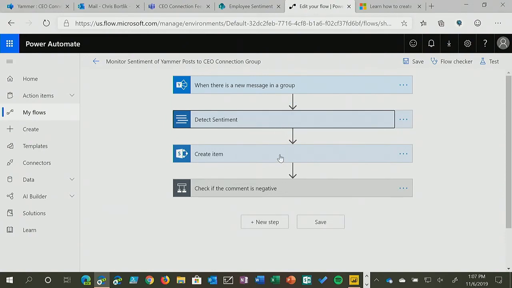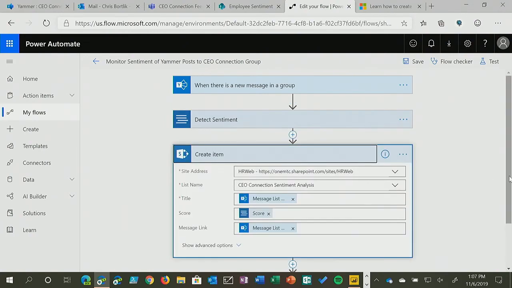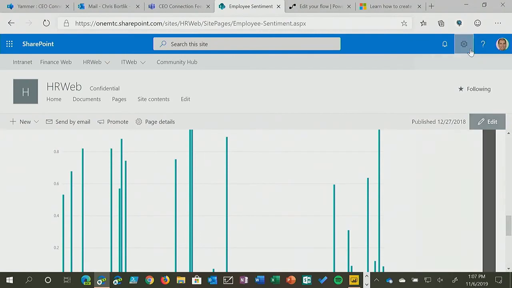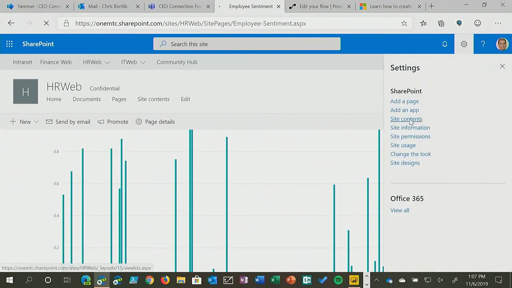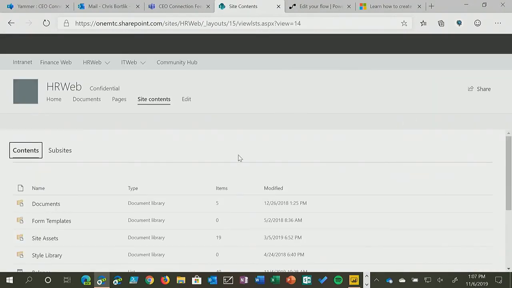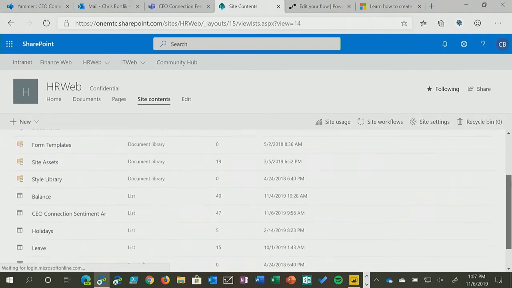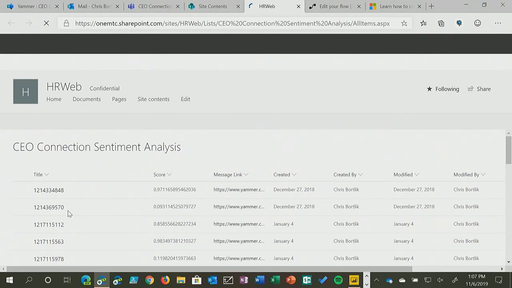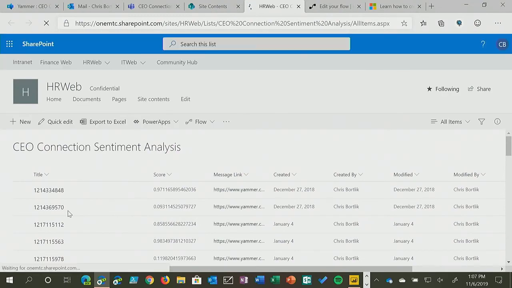Then once I detect the sentiment, I went ahead and I actually logged this to a SharePoint list. So inside of that HR site, I'll show you, I actually created a SharePoint list that I called CEO Connection Sentiment Analysis. And again, I could have used a database, I could have used a spreadsheet. I decided to log this to a SharePoint list. If I actually look at the list itself,